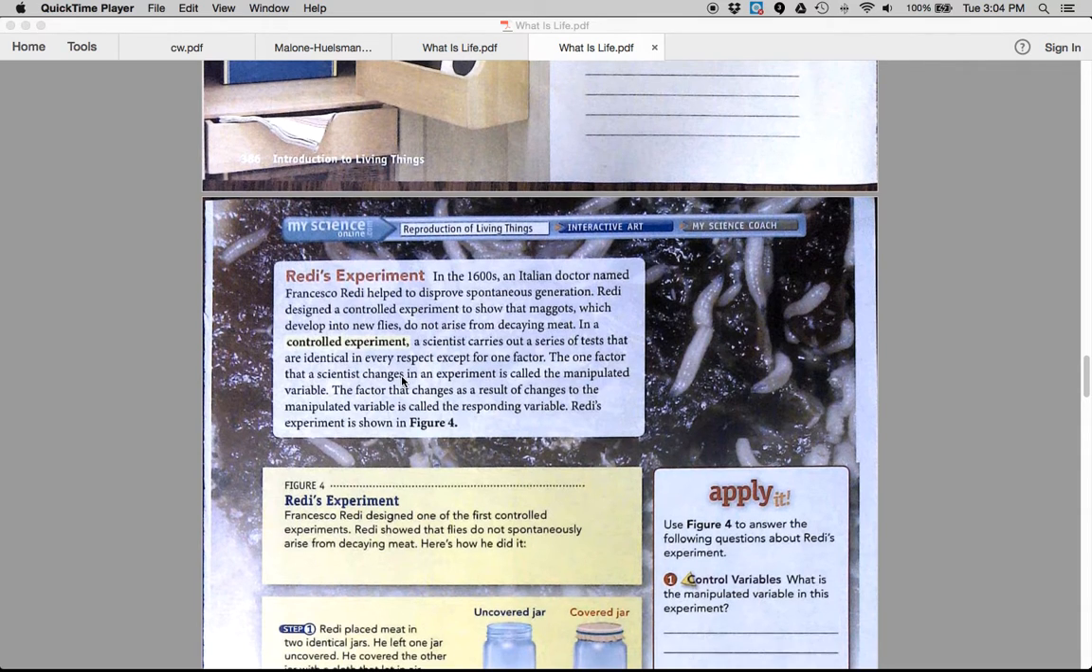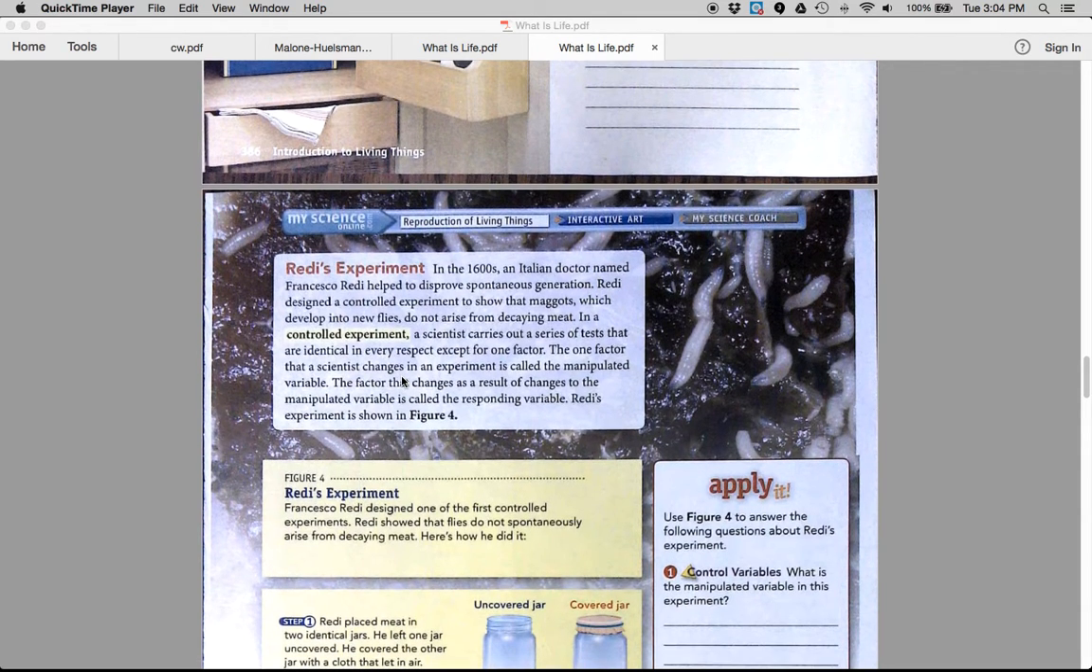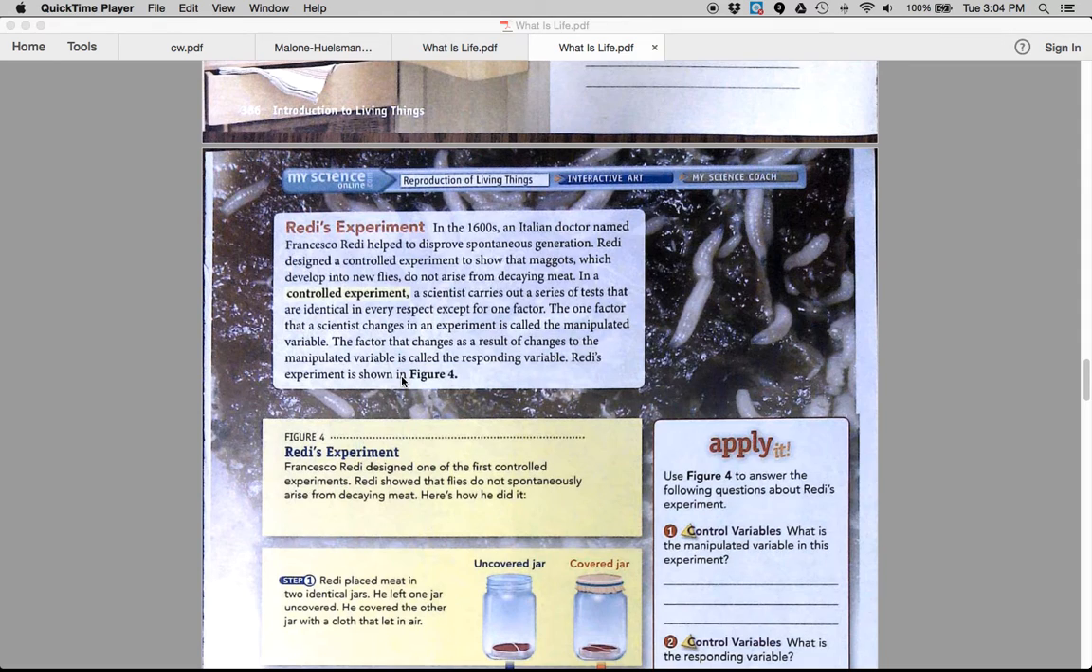So now we're going to talk about some scientists that actually proved this. So the first one is Reedy. Reedy's experiment. In the 1600s, an Italian doctor named Francisco Reedy helped to disprove spontaneous generation. Reedy designed a controlled experiment to show that maggots, which develop into new flies, do not arise